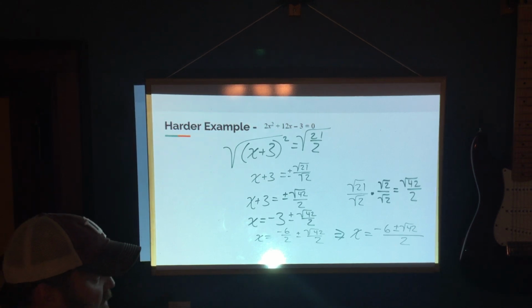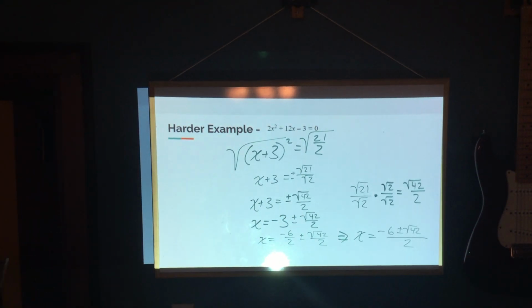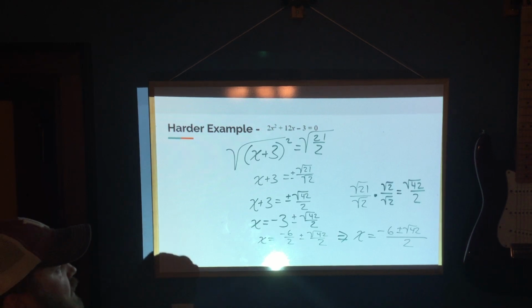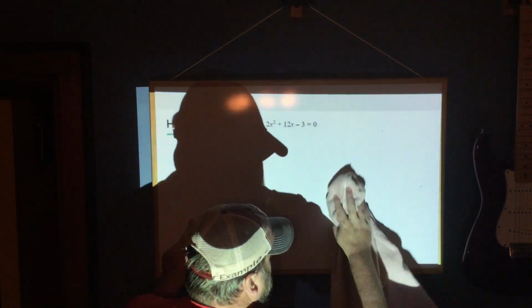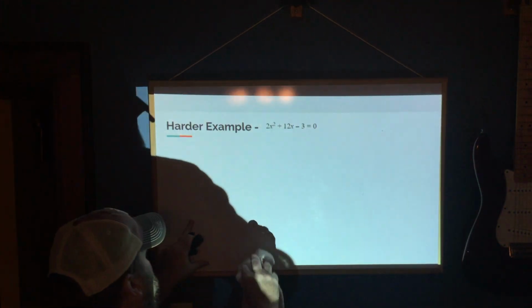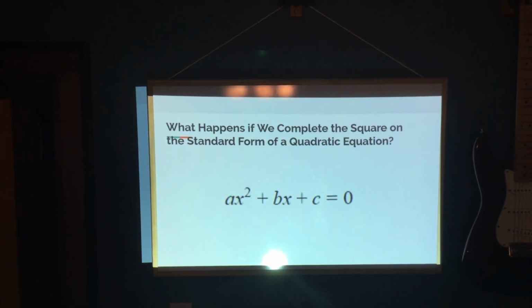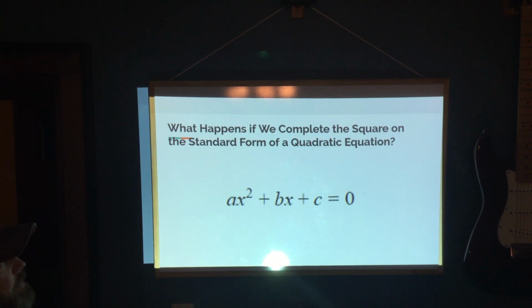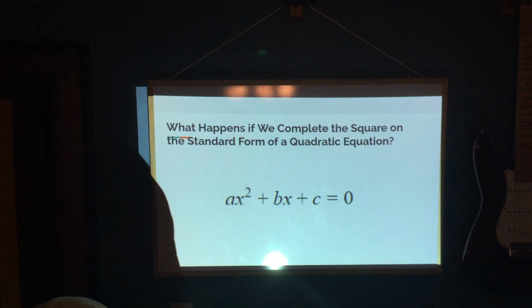So just kind of be thankful that we're going to learn something that will allow you to solve this much easier. But completing the square isn't a waste of time. When you get into Algebra 2, it'll be a very nice thing to have in your mathematical tool belt. So, okay. So now we're going to see what happens if we complete the square when we just have the generic standard form. So I got to reference my notes here